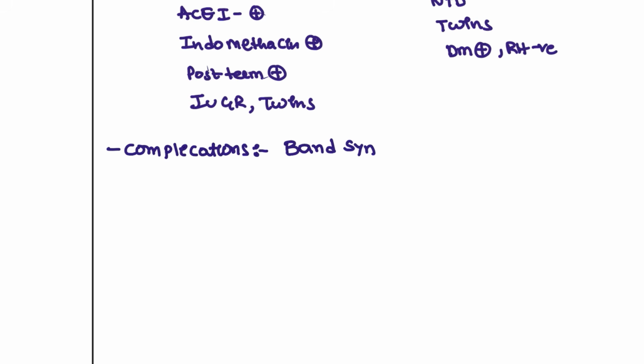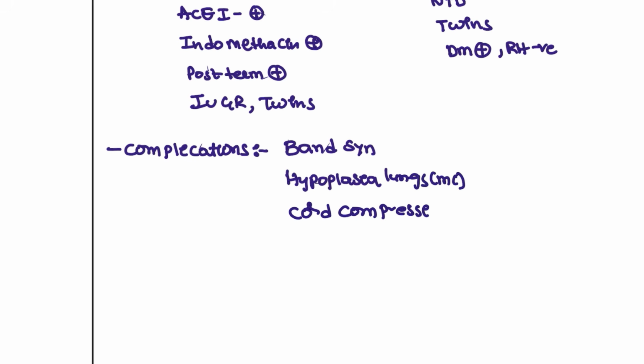It is going to compress this, and the patient can have hypoplasia of the lungs. Hypoplasia of the lungs is the most common, and also cord compression. And if you see this mother at more than 32 weeks with this complication, you have to do the termination of